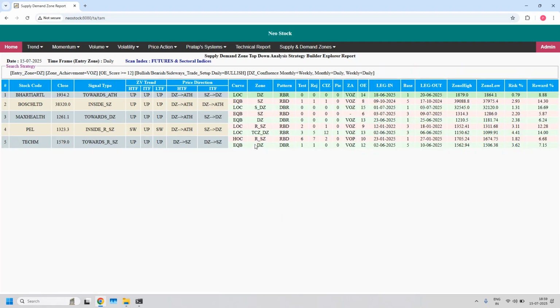That means in all the 5 stocks, these daily demand zones are overlapped with the weekly demand zone, and both together are again overlapped with the monthly demand zone. And monthly trend is up in all the stocks except the 4th one. Remove the 4th one and remaining 4 stocks. If the monthly demand zone is having monthly EMA, then the overlapped daily demand zone might be having an even higher probability to get